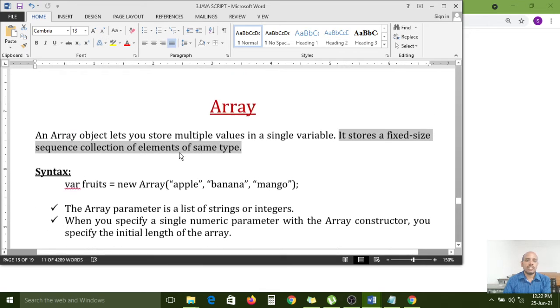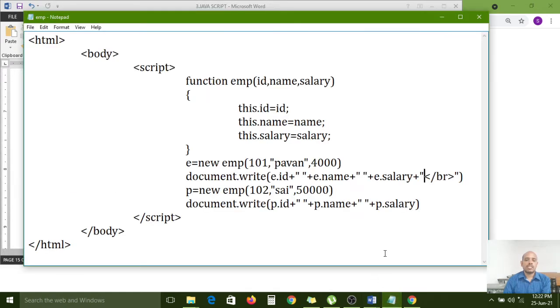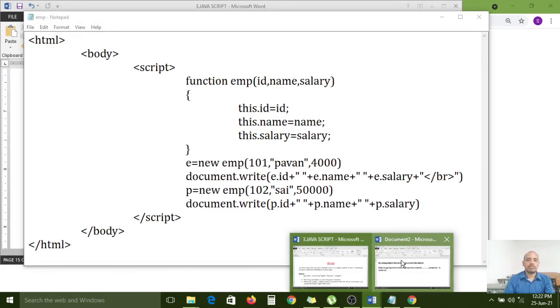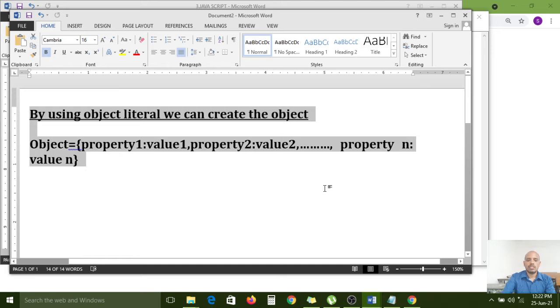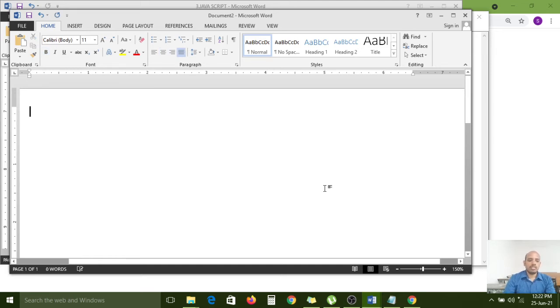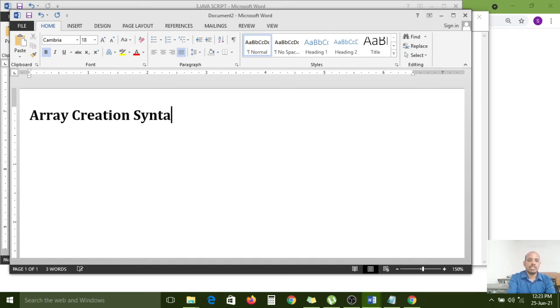Now let us see how to create an array, the array creation syntax.